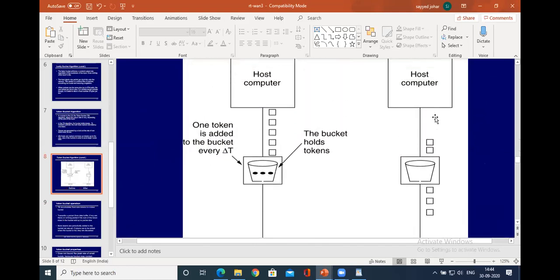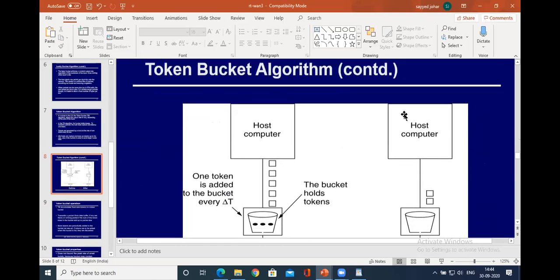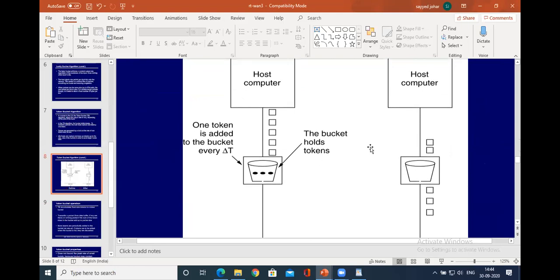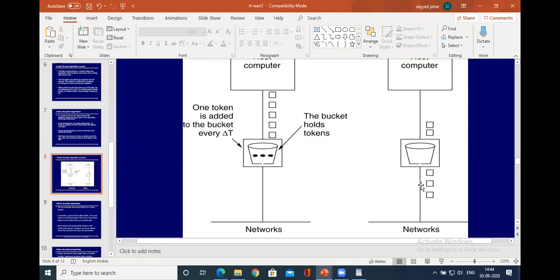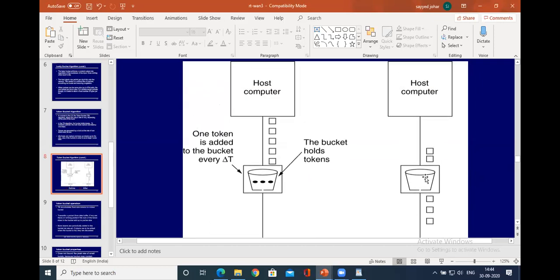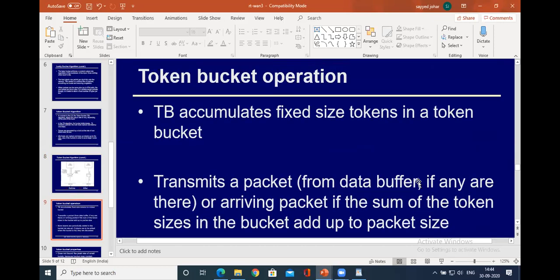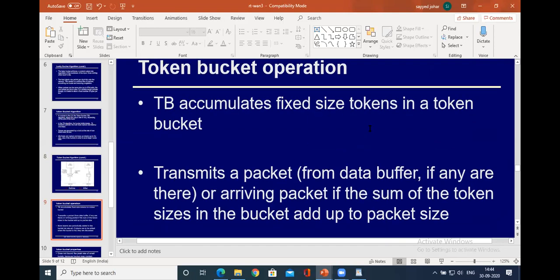We use a regulated flow in the case of leaky bucket. In the case of the token bucket algorithm, the packets are sent in terms of tokens. So here is a regulated flow after the token concept is applied. Here are fixed size tokens.